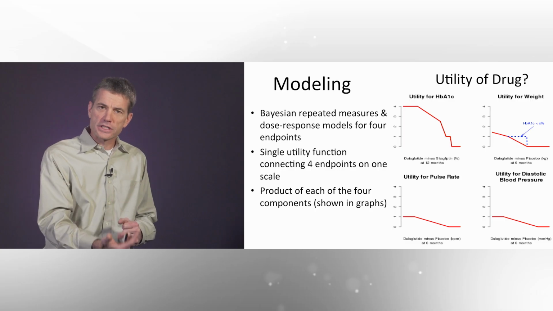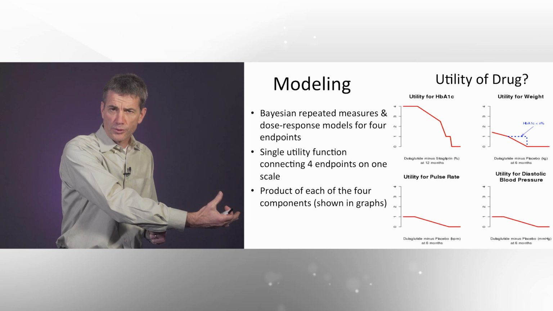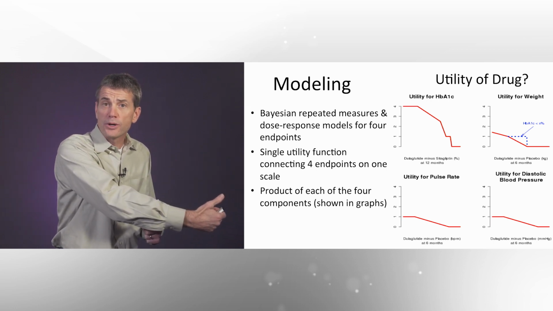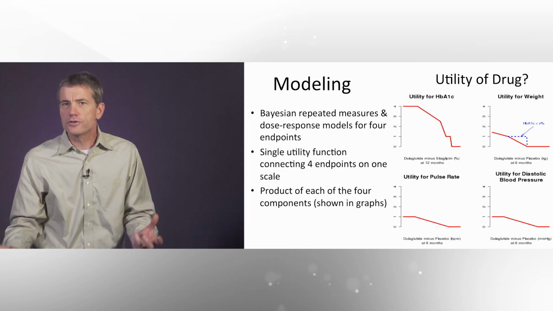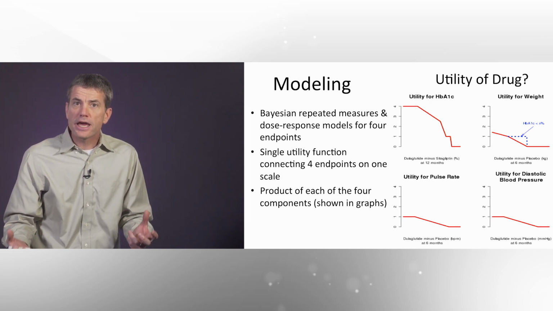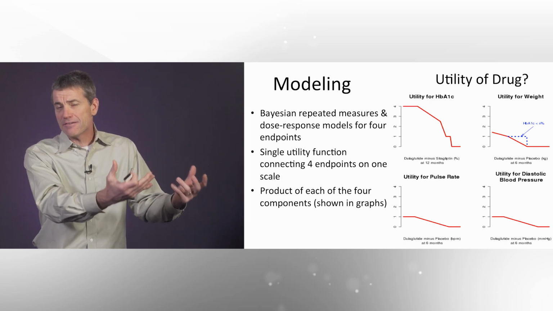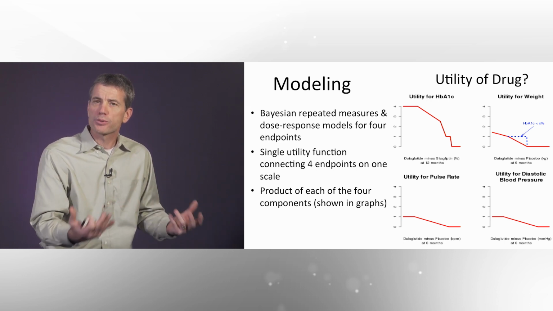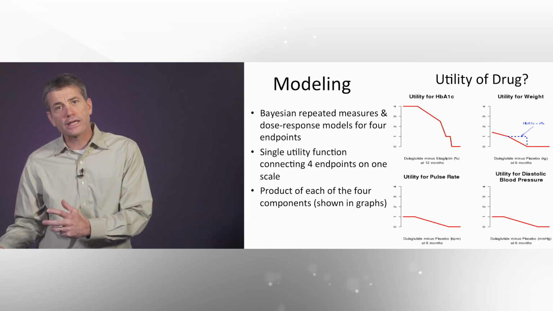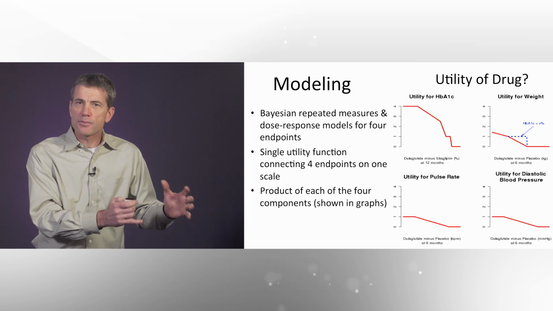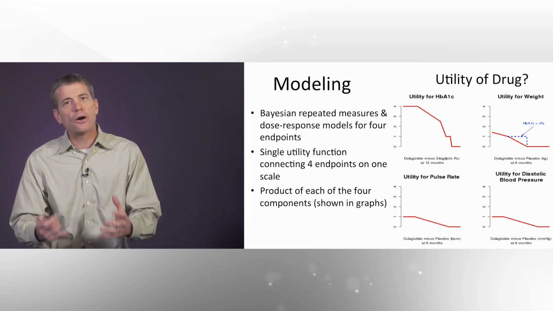And you can see, for example, if heart rate or blood pressure had too high of a difference from placebo, the relative value of the dose would be near 0. And we would go back to doses that were smaller, that had high efficacy, but had a better profile for safety or for weight loss. This was used in an adaptive trial in that particular example, and you can see the power of this within an algorithm.